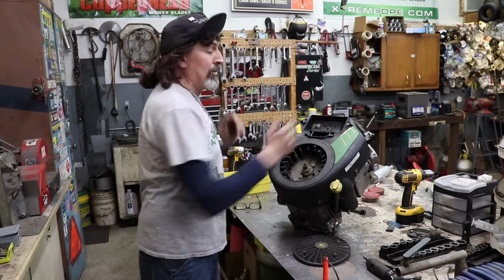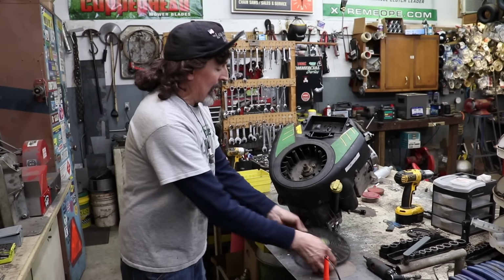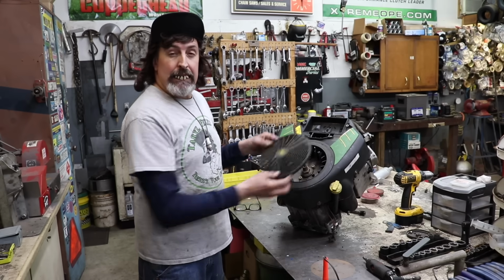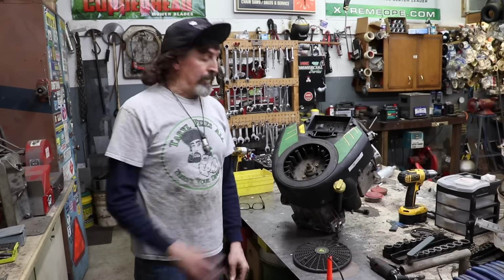Okay, got our new valve cover gaskets installed. Our valve cover's back on. Now all I gotta do is reinstall this screen on the flywheel and reinstall the engine, fill it with some